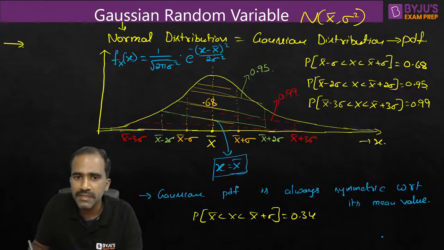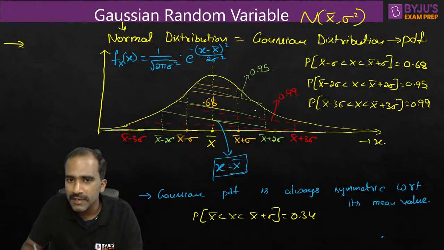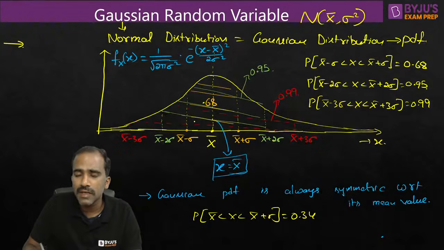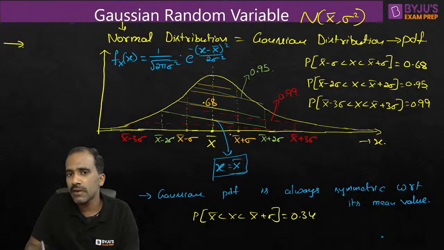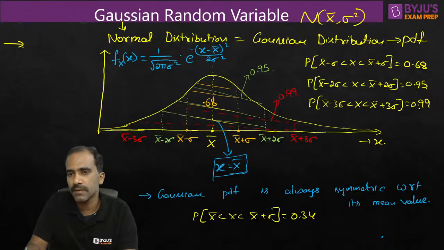So this is also the same as the area between x bar minus sigma to x bar, right? Like that, with these details, you can find this part, only this part from x bar plus sigma to x bar plus 2 sigma. What is the area? Yes, we can find that. Only this area we can find, or a combination of these two areas we can find, right? So if the numbers involved are any of these parameters like x bar, x bar plus sigma or x bar plus 2 sigma, any of these parameters, yes, we can find that area with this information.